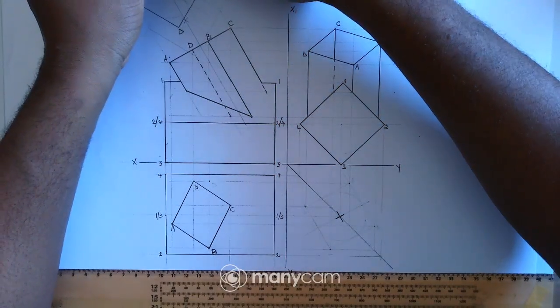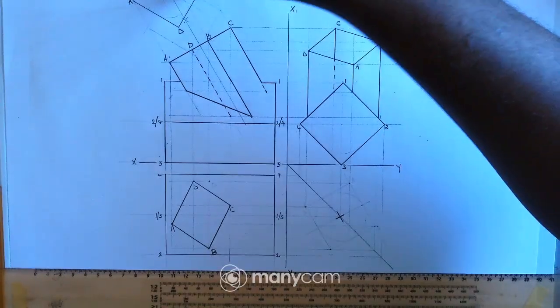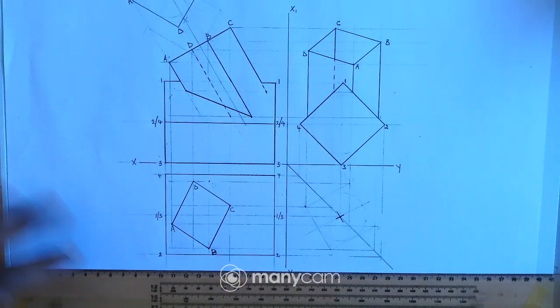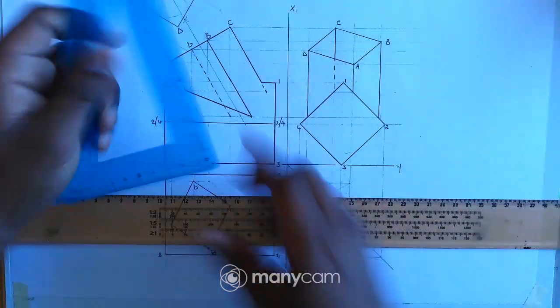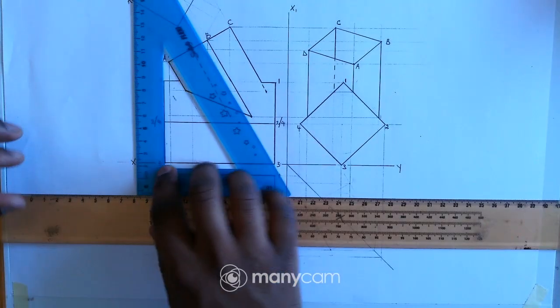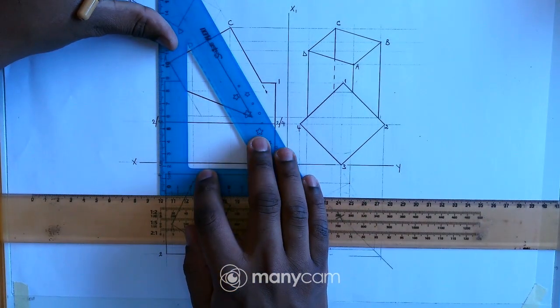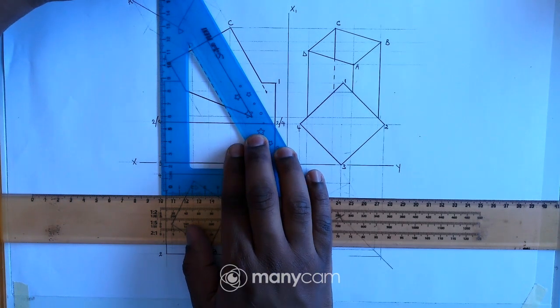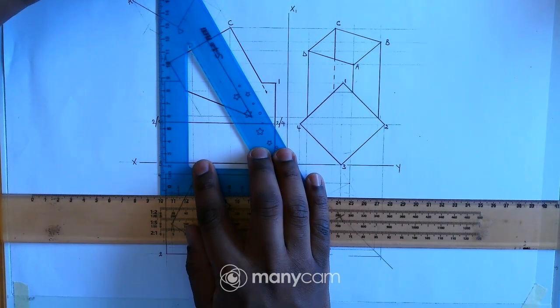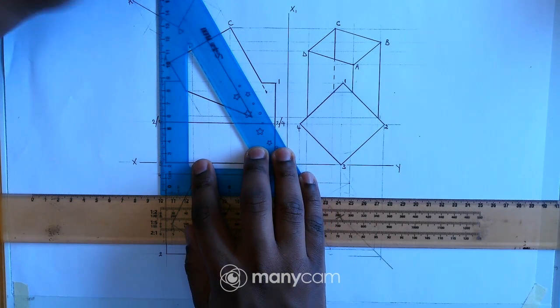So I'll just mark that here like that, and then from there I'll take my 30 by 60 and transfer that down.